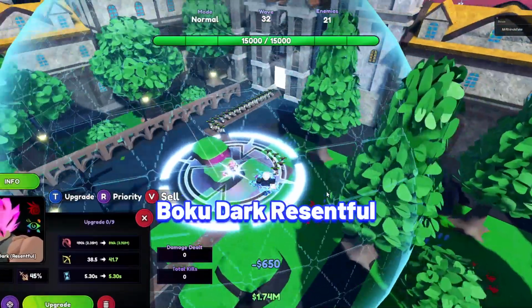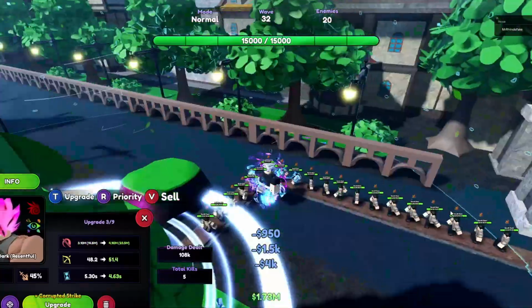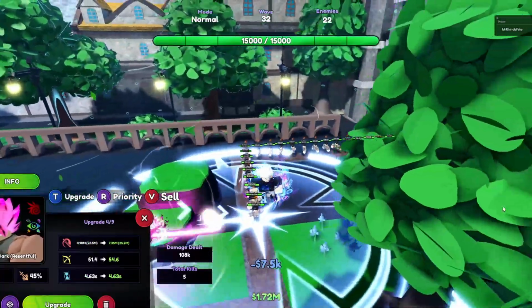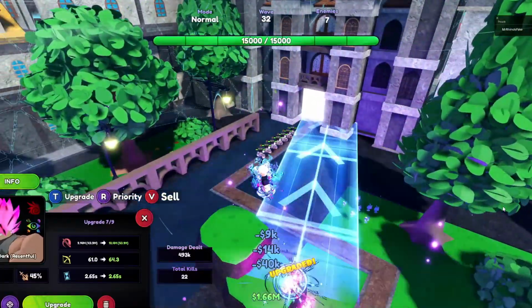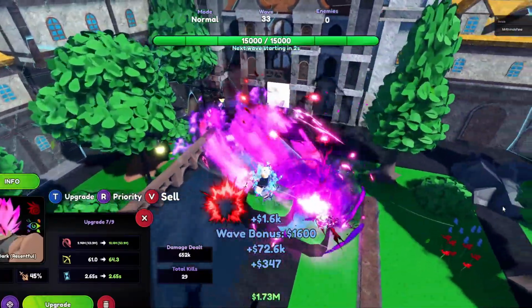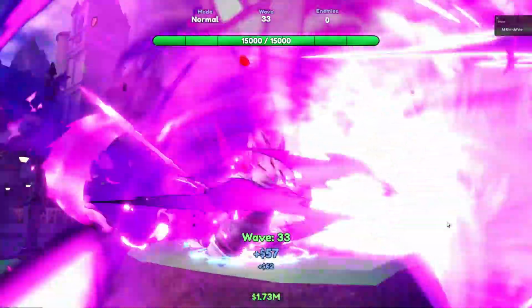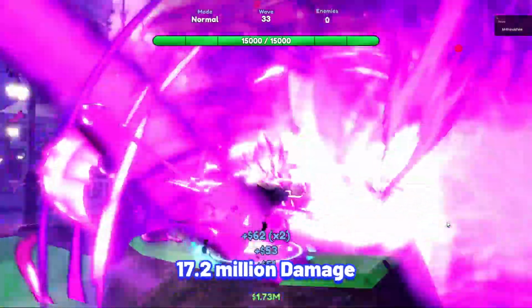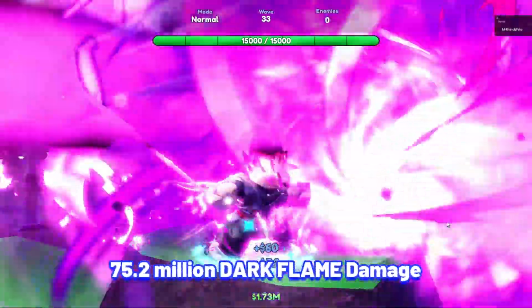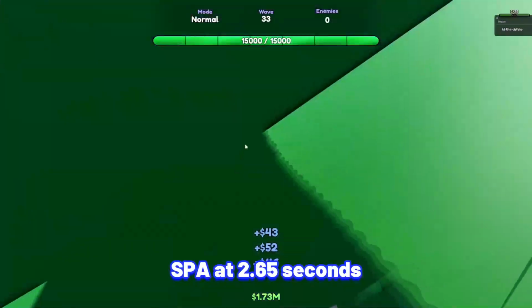Okay, next unit is Goku Dark Resentful. Goku Black is still the best heal unit, especially with his element, always dealing 200% more damage against any type of enemy, and at the same time, he is extremely cheap to place in this new anime Last Stand Fate update. Goku Dark Resentful stats at max upgrade and max Valar: 17.2 million damage with his Dark Flame dealing 75.2 million with his SP at 2.65 seconds, making his damage per second